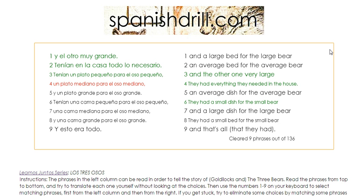I'm actually on the 13th phrase here. But I'm working my way through this story, and you can do this with just about any level of Spanish proficiency. So I hope that you'll find SpanishDrill.com and this story,